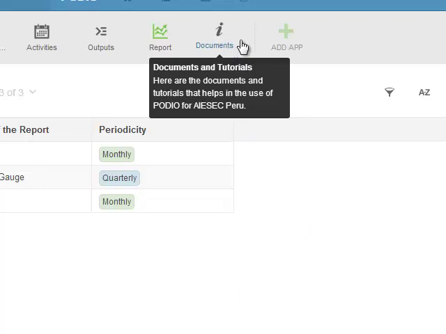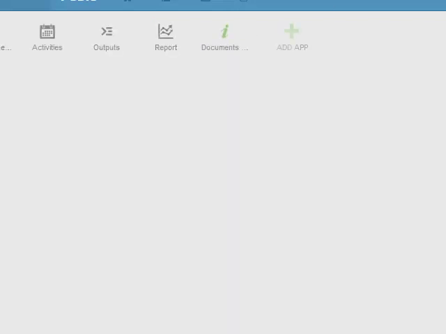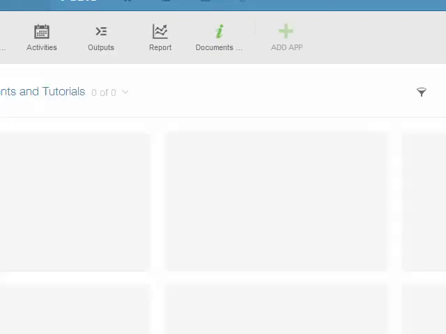And the last app is documents and tutorials. Here will be the day that this app replaces the Dropbox you were using or the Drive you were using in order to keep all the information in one place, like a kind of data center. Also here will be all the information or the material in order to learn how to use PODIO and other tools. And how you add a document, you click add document,